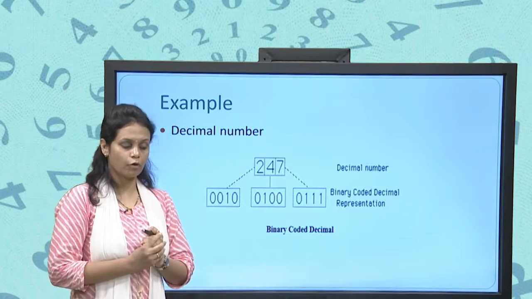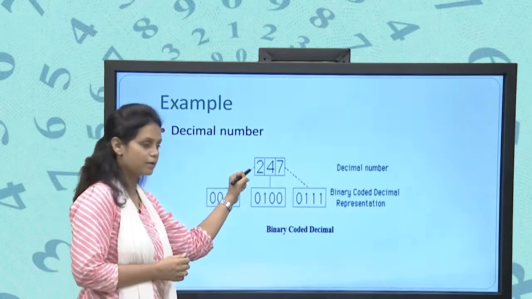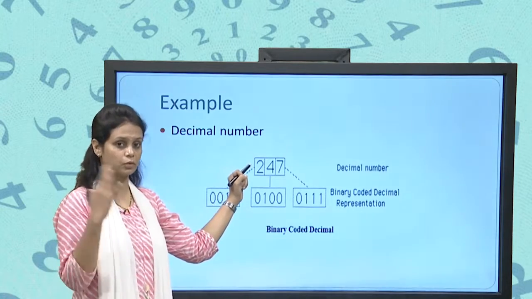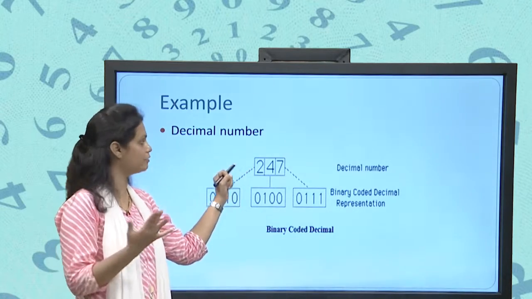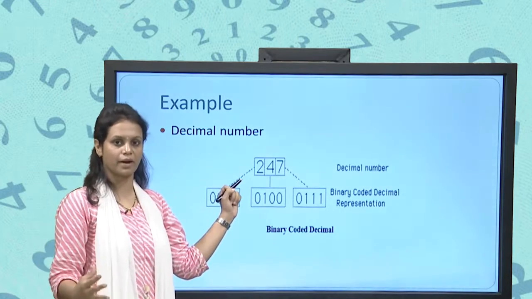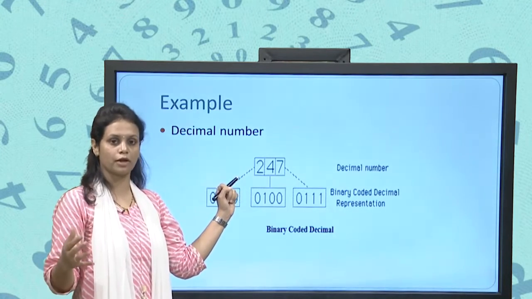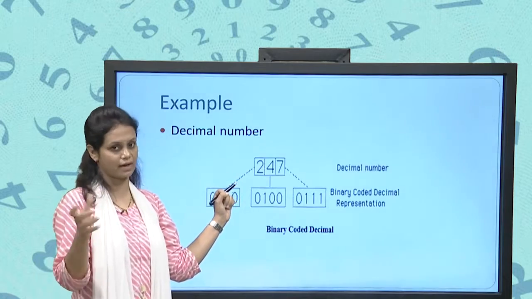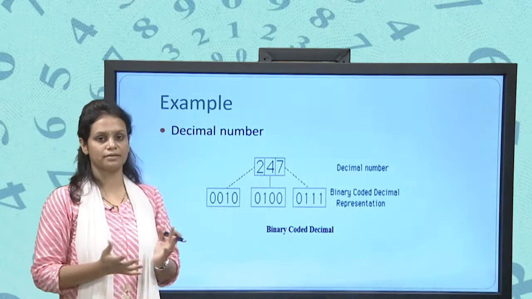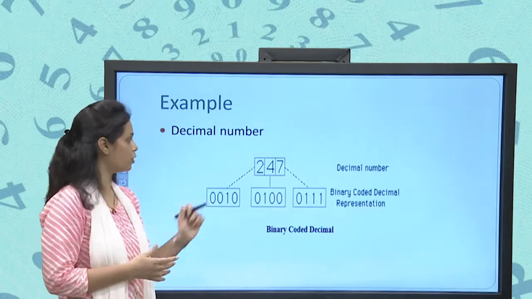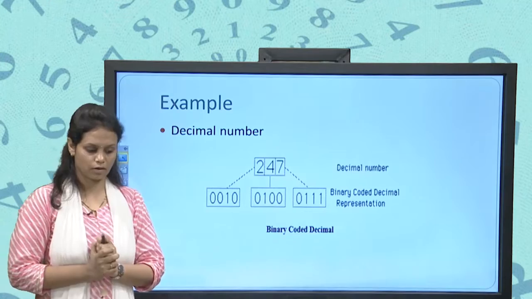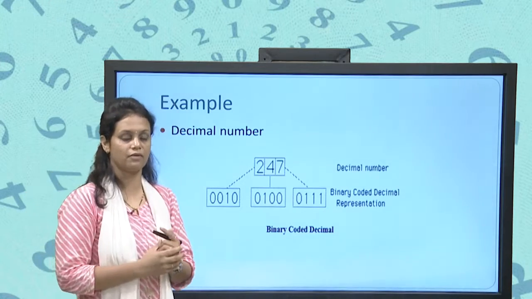If we want to display this number as a binary number, then we have seen the procedure in some previous lecture. Fine, we divide 247 every time by 2, and whatever the remainder, we keep track of the remainders in reverse, and that is our answer. So we can say that a number of bits are used in the binary number. If we want to display 247, then some number of bits are used. But while we are working on the binary coded decimal,